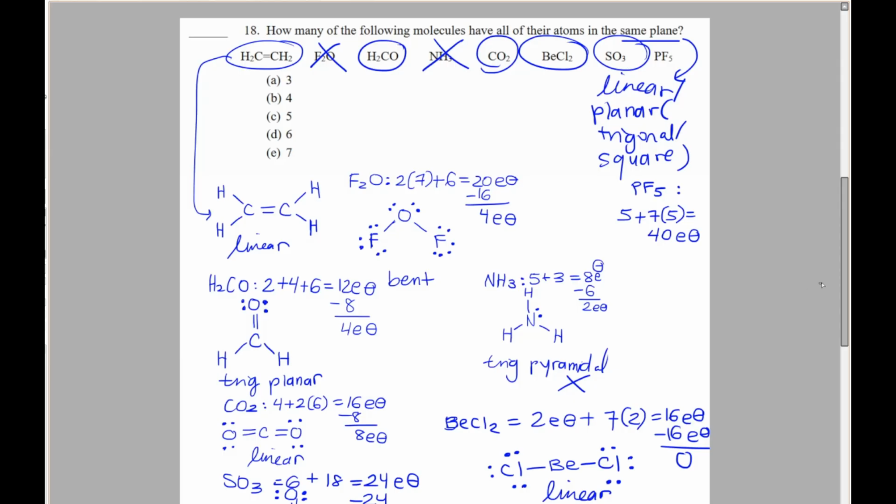But phosphorus, just like sulfur, has the capability for an expanded octet. So we can draw it out with fluorine as our edge atoms, because remember, fluorine is the most electronegative atom in the whole periodic table, so it cannot be our central atom. We can start drawing like this. If we have a single bond, we have to add 3 lone pairs for a full octet. So if we put all of these lone pairs in,